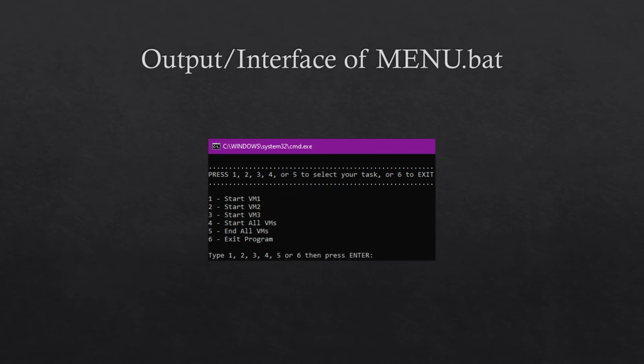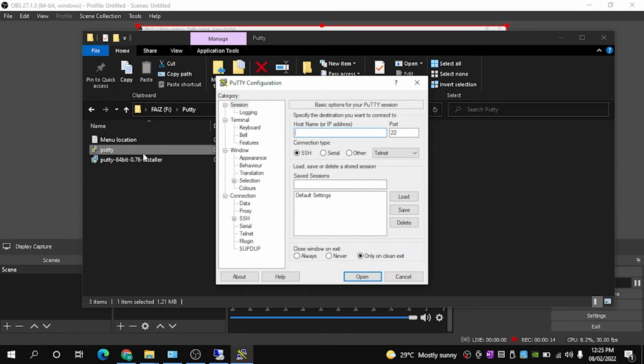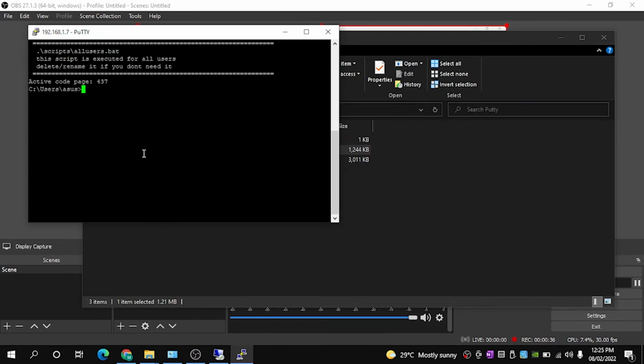Now we will move on to the demonstration phase. For this demonstration, I would like to first show how to connect to the SSH server using PuTTY. To do that, we enter the IP address of the server and the port number 22. Then we use the login credentials for the server and enter the password. And now we have access to the command prompt of the server.